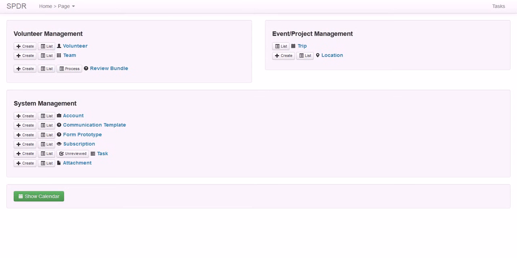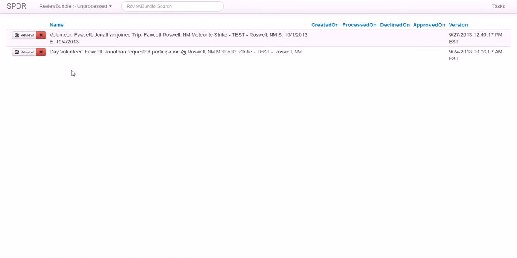So now, as a volunteer coordinator, you are an admin on the extranet. You have access to approve volunteers that have confirmed that they will be serving at that site. To begin, you will go to Process, next to Review Bundle, and you'll see at the very top that this volunteer has joined the trip. Click Review,